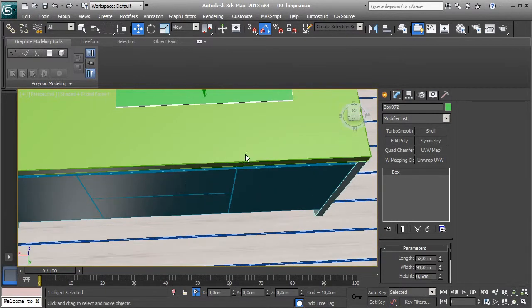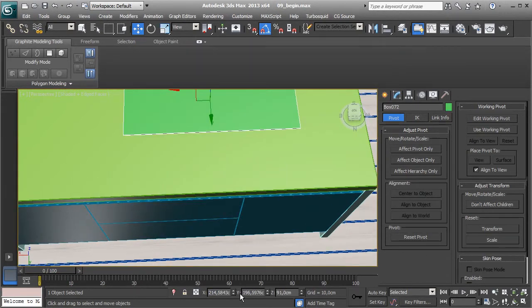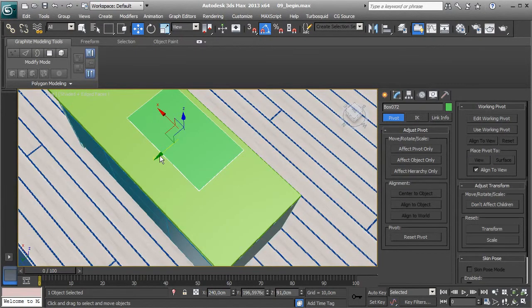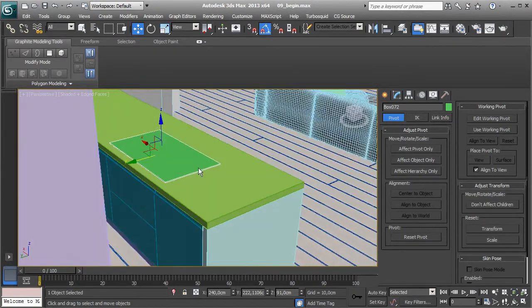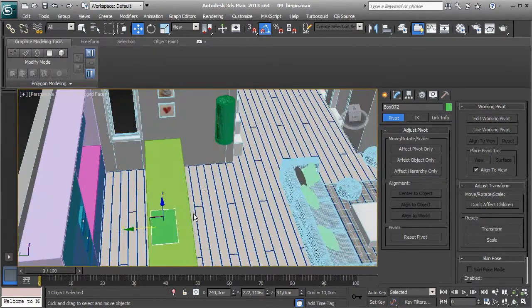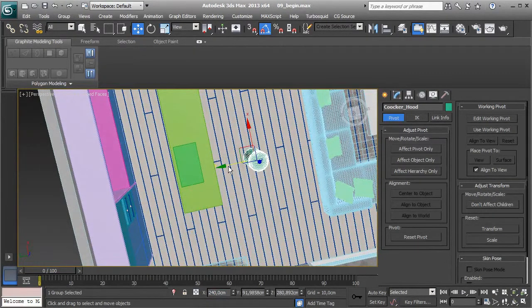Okay, let's select this box here and go to hierarchy panel, affect pivot point, center to object, so we can align them, and do 140, and we can move that over here, something like that. And we need to move our cooker hood again here and place it above induction hob,